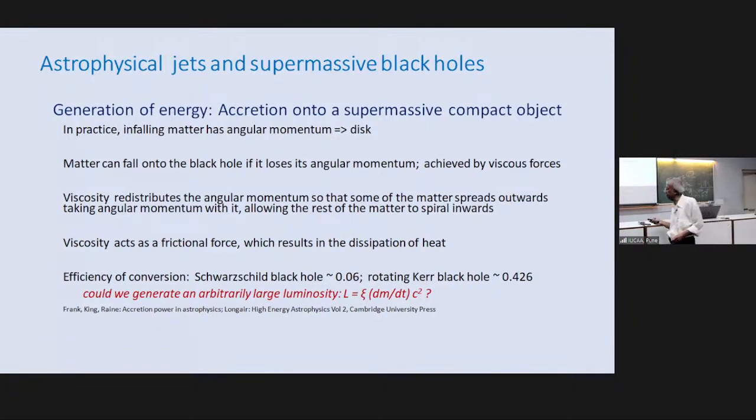So, more detailed calculations using general relativity give an efficiency of about 0.06 for a Schwarzschild black hole, whereas a Kerr black hole has about 42%. A Kerr black hole is a rotating black hole. The solutions were worked out by Roy Kerr, and it is because in a rotating black hole you can get the last stable orbit much closer to the black hole than you could with a Schwarzschild radius. Now, one asked oneself that if I put L equal to efficiency times dm/dt times c squared,